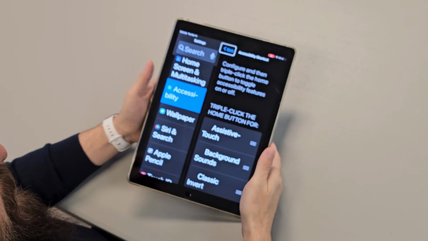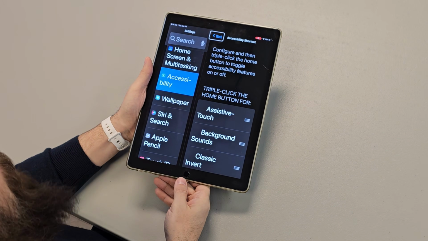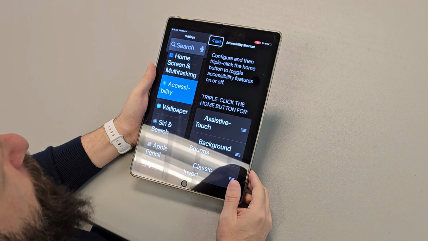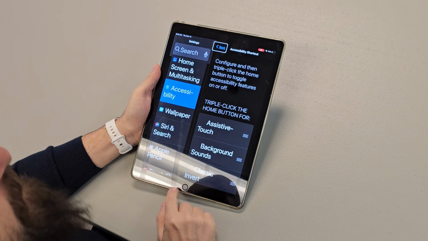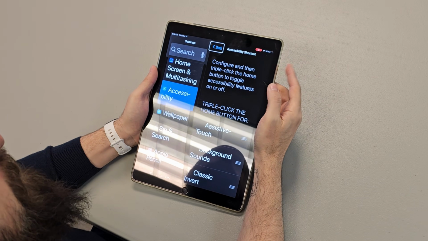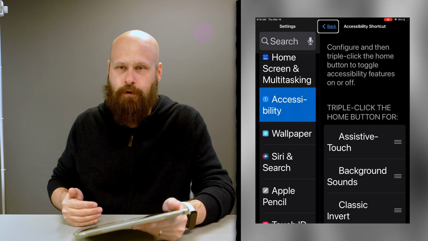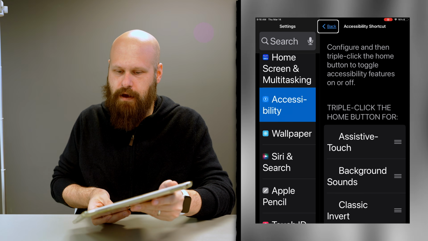For me, with my iPad, this is the 2020 model, so it still has the home button. This would be a triple click of the home button. If you're on a newer device that doesn't have a home button, it's a triple click of the side button. So click, click, click. For me, I have it set for Voiceover, so if I triple click my home button